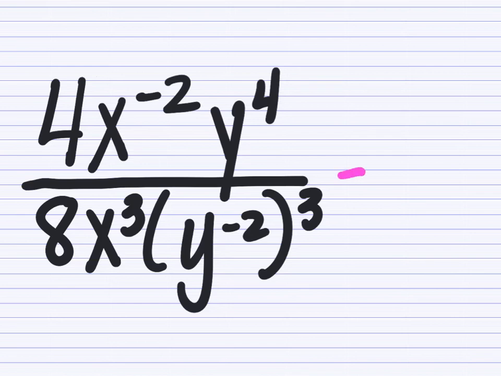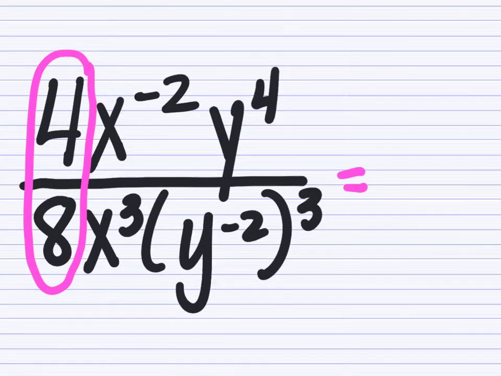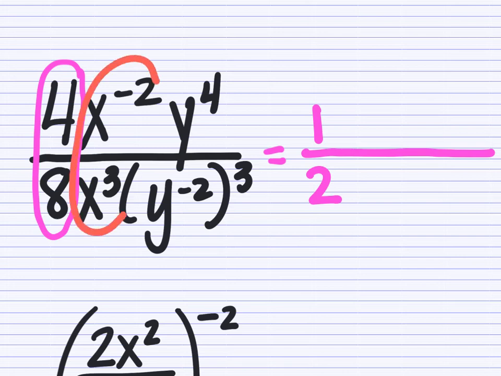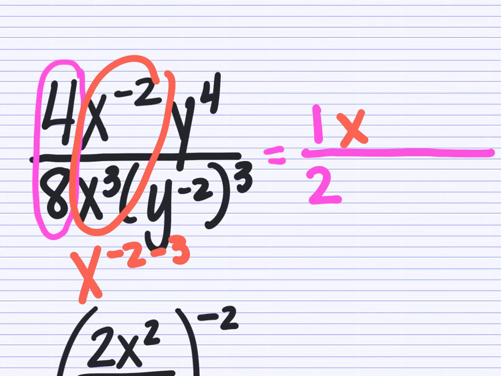All right. Take this in pieces. I'm going to simplify 4 over 8 to 1/2. The x's, I'm going to simplify. So x to the negative 2 minus 3, because we have to subtract our exponents. So I get x to the negative 5. I'm going to leave that up top for now, and I'll deal with moving everything once I get it all